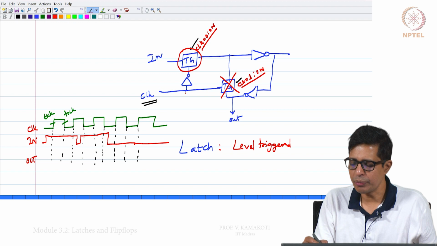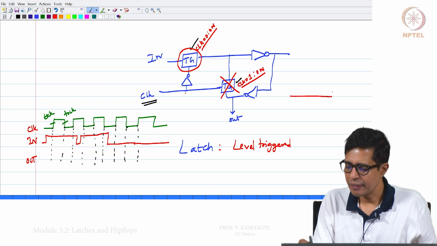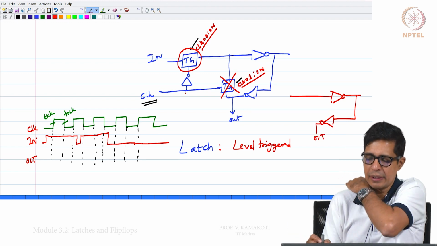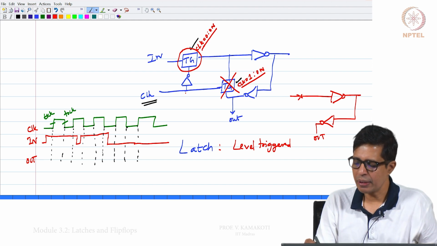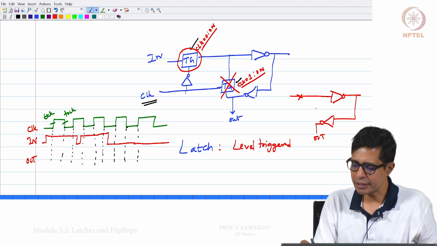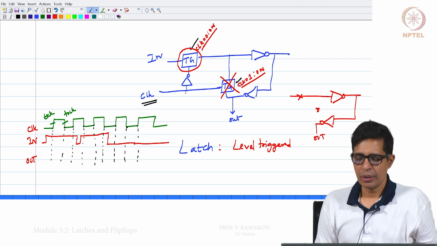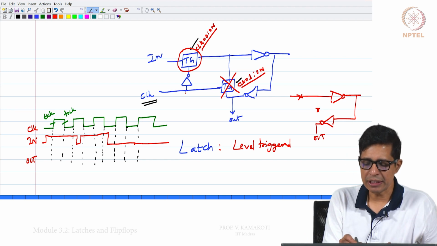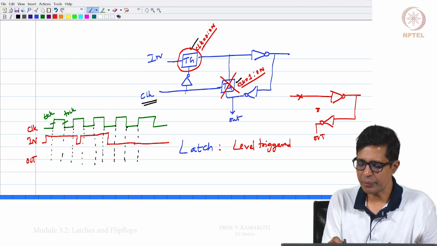So, this circuit will look like an inverter with an inverter, and this is the output, right. So, this TG is on while this TG is off, because now this is on, which means in is connected to the out. So, this looks like a short and it comes here and output.